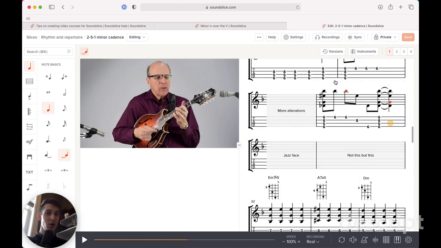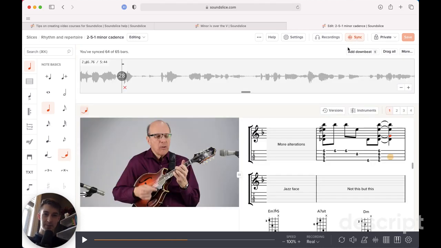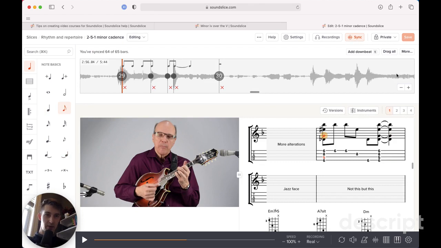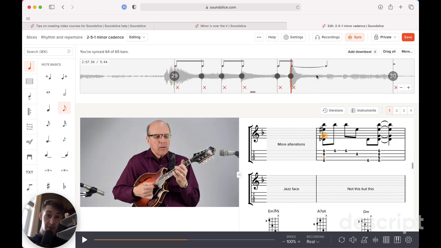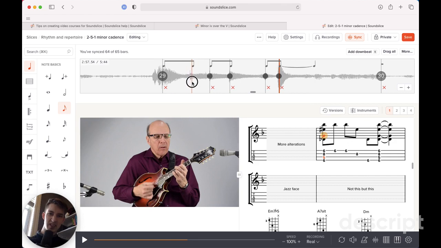Open up your syncpoint editor and scroll to that part. You'll notice that you can click and drag every single note that you see in the notation so that it matches right up with the waveform. You can usually see little peaks and valleys where a note might be. It's not guaranteed that that's where a note is, but it's usually a good indicator. So now when I play this,